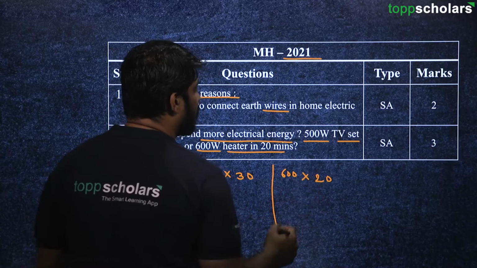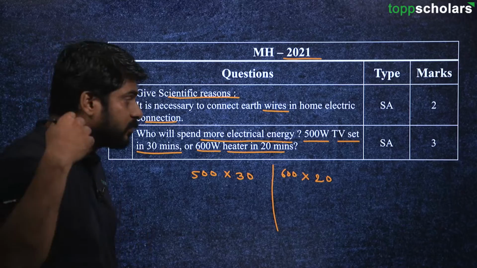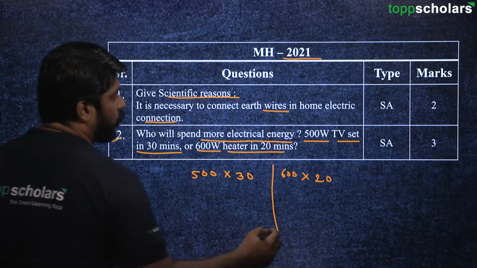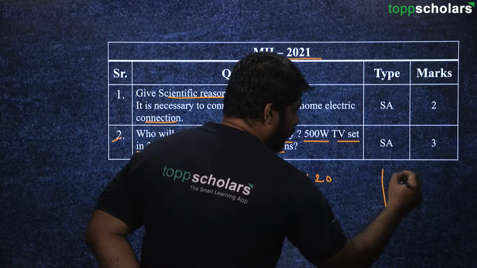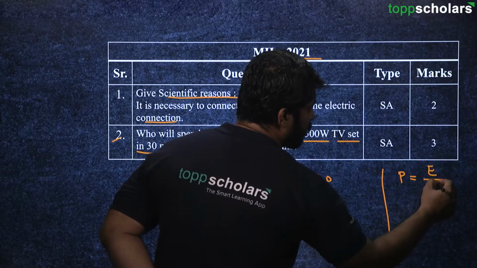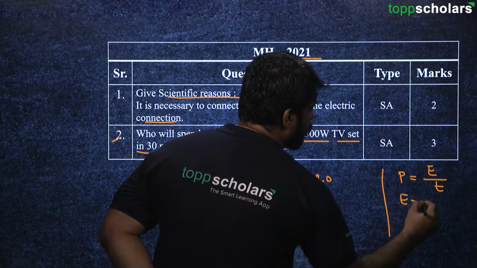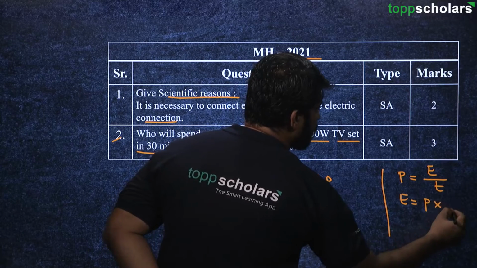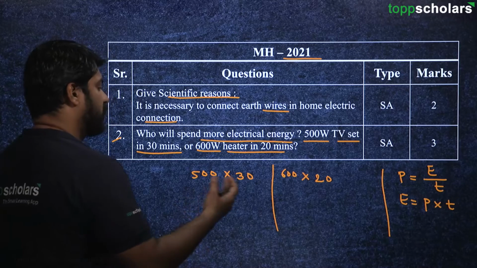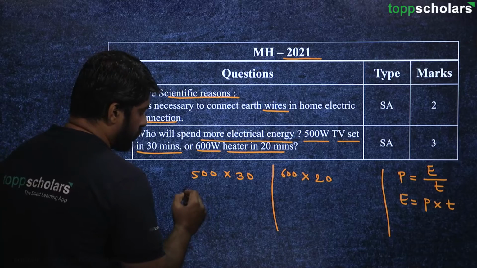So if we multiply these numbers, then we will get the energy that is spent. Because we know the formula for electric power is nothing but energy spent per unit time, so energy will be equal to power into time. We can also convert these numbers into seconds, but right now it is not needed. So if we multiply these, here we are going to get